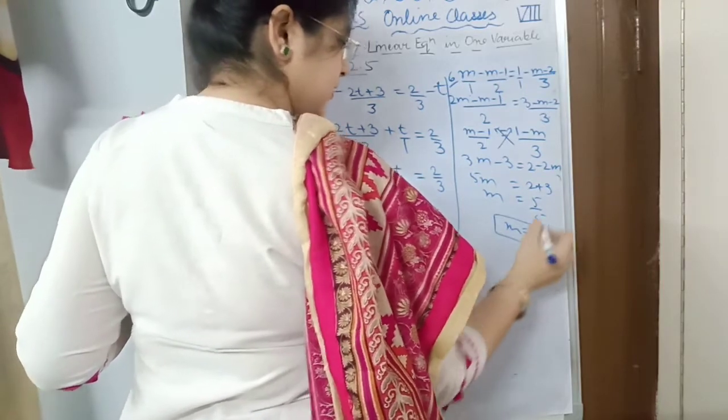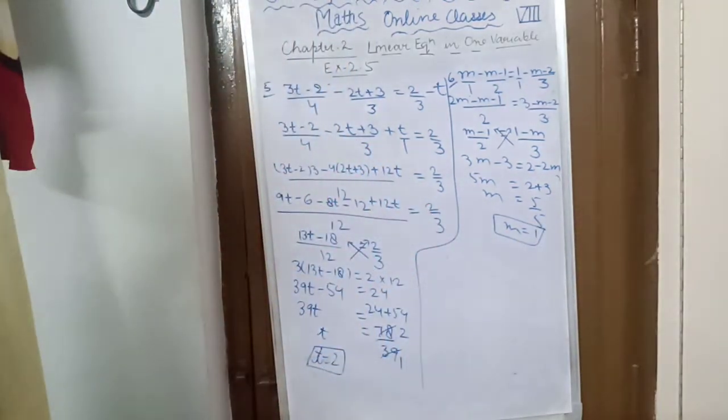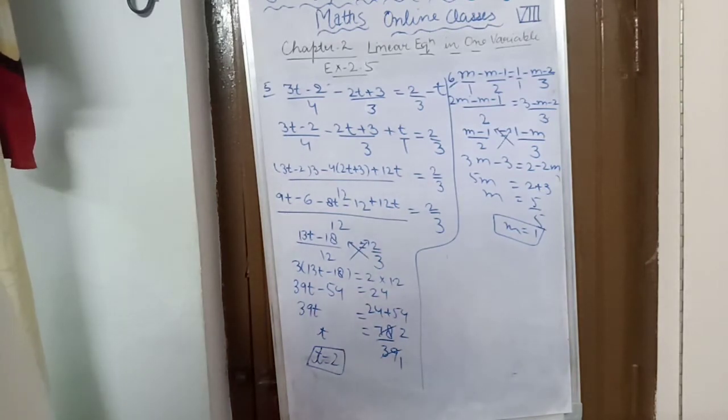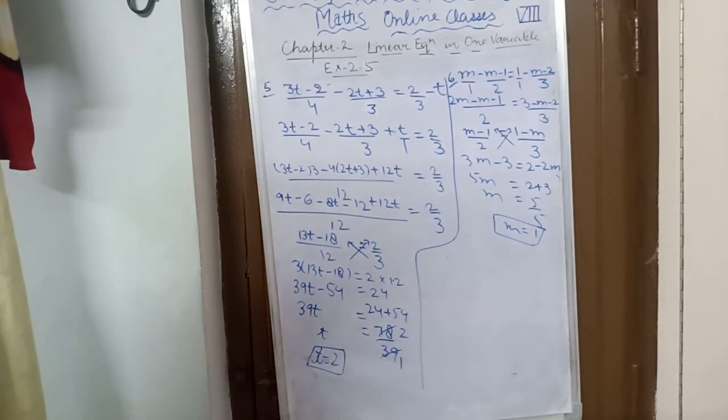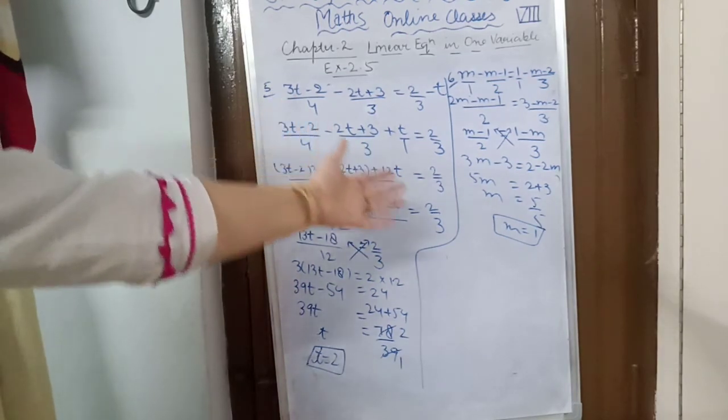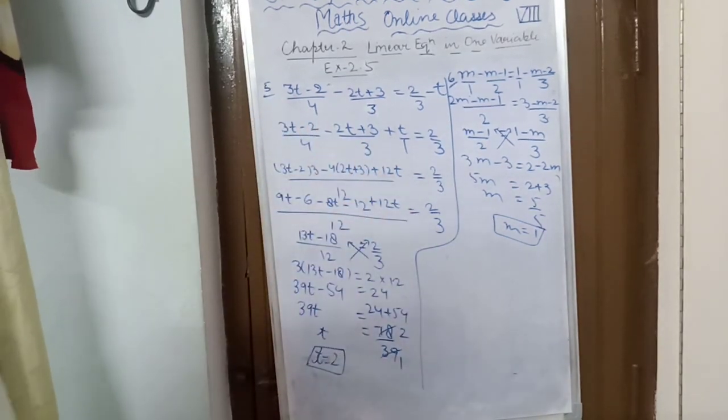So these are the 6 parts that we have done. I hope it is very easy and you have done these very easily. So next is 7, 8, 9 and 10 that you can do on your own, and we have done 6 questions very easily. So the rest 4 you can do very easily.